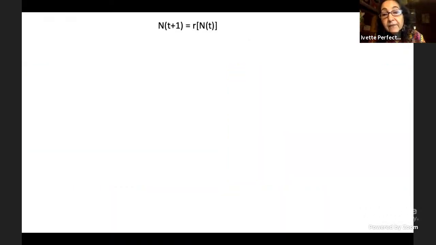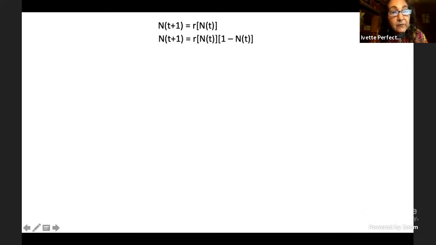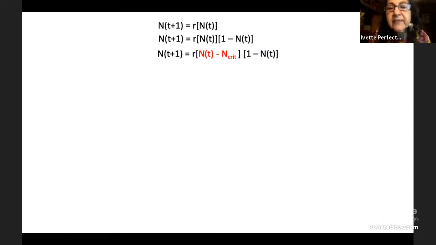So here we have the exponential growth equation in a discrete form. And here is the equation with some density dependence. Some of you are familiar with these equations. And I just added the Allee effect. We introduced the Allee effect as basically n-crit. So n-crit is the critical density of the scales that is needed for the ants to start tending